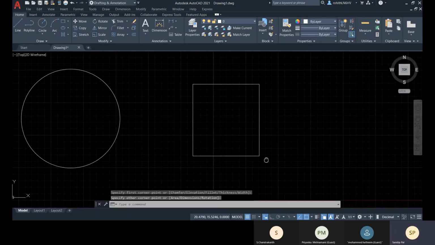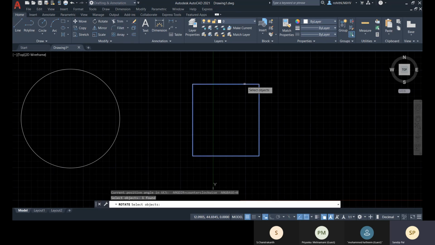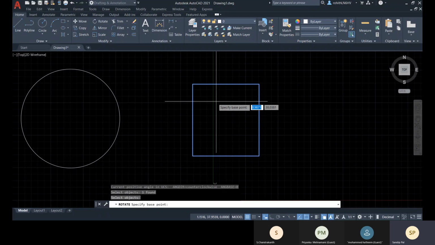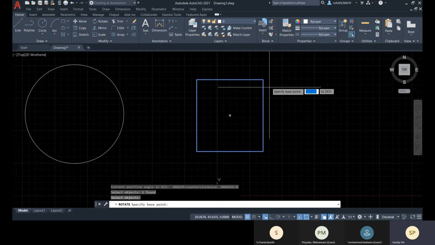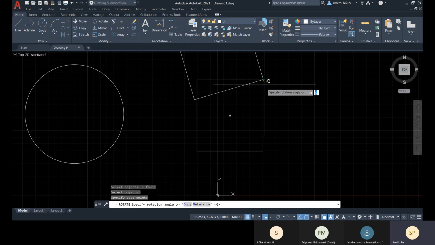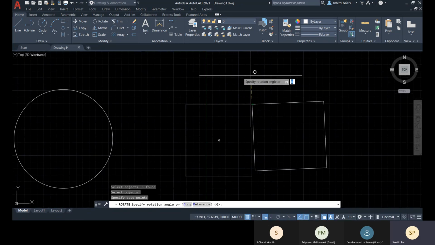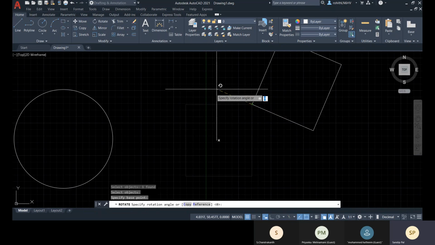And if you have to rotate, for that we simply have this. Select this object and then right click, and then you give a base point. Like I'm giving this as a base point, and then you specify a rotation angle.